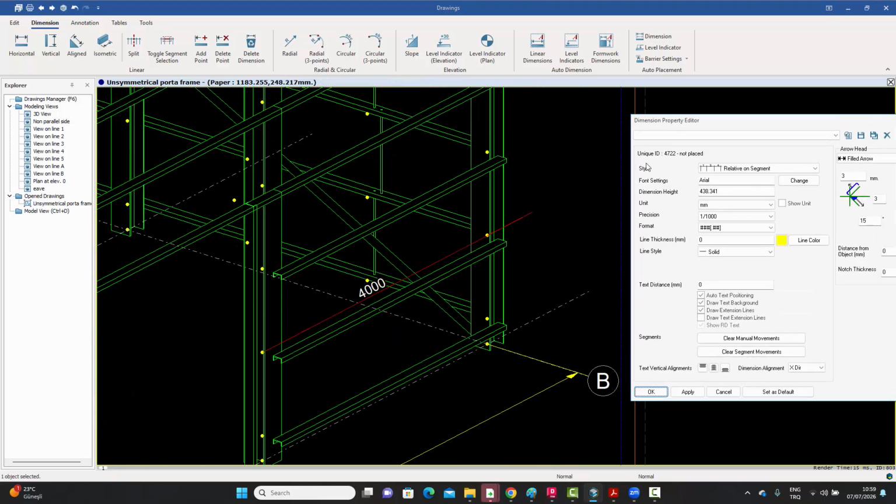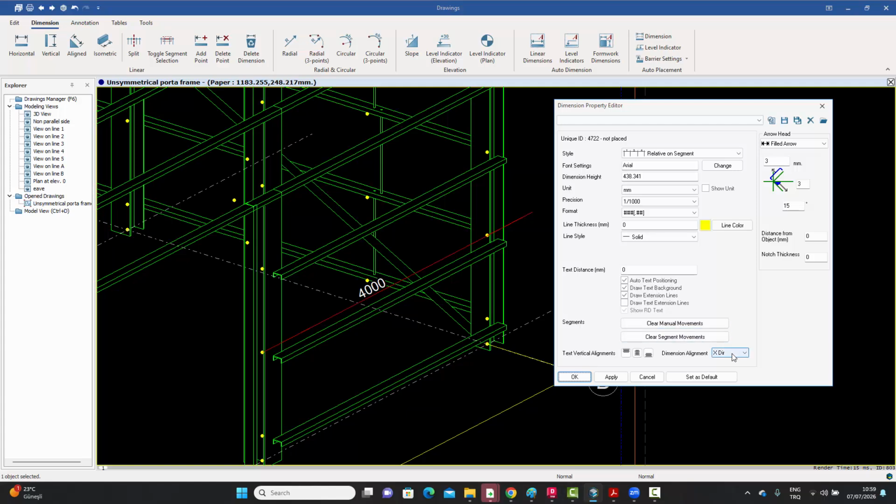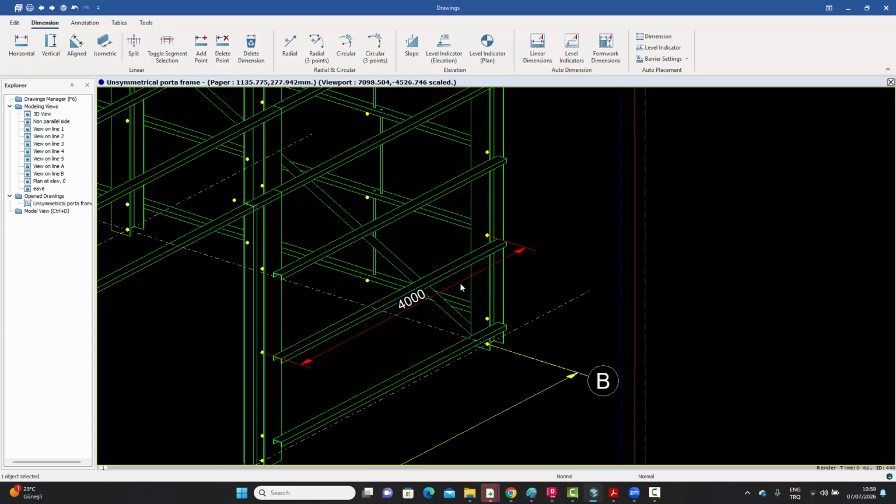If I double click on it, you will see that inside it projects itself on three different planes, either the X plane or the Y plane or the Z plane. So if I choose the Y one in this case, you see it's going to project itself on the Y plane, and in the Z direction, if I do that, it's going to project itself in the Z plane. So I prefer the Y one in this case, like that,